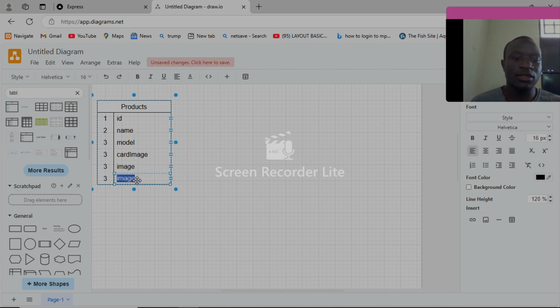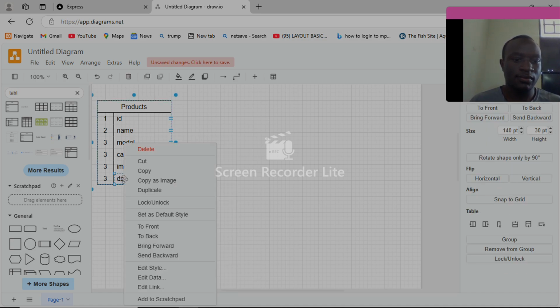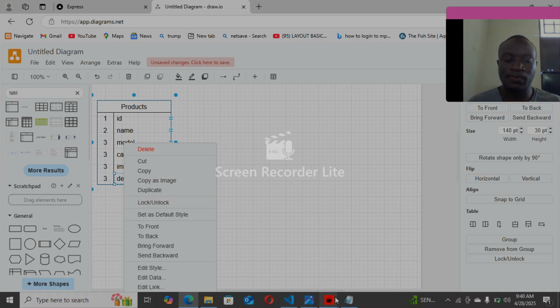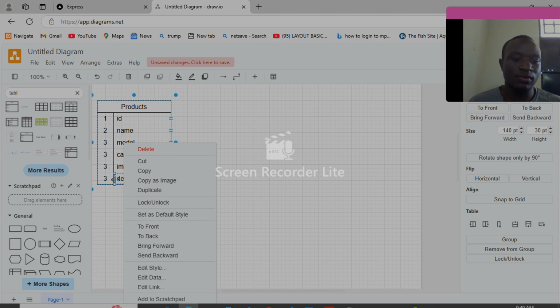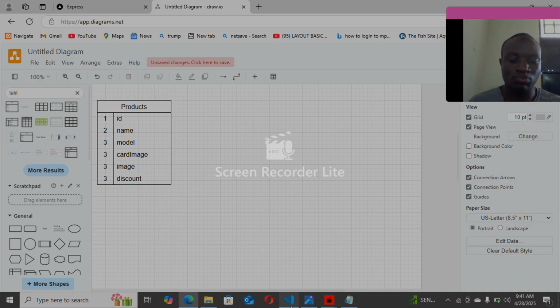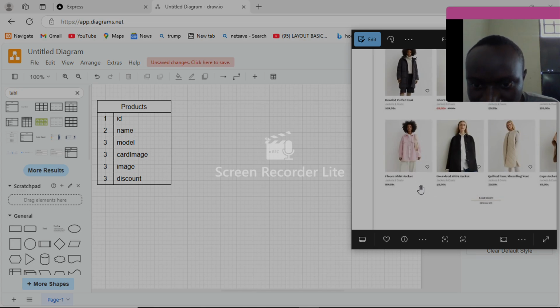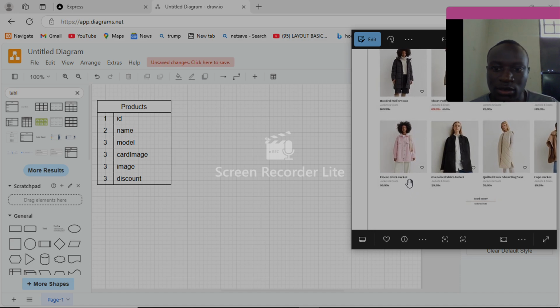And we have description, and we are also going to have discount, which means a product can be given a discount from our image. The discounts are shown somewhere there, so in terms of percentage, or there's a price or discount. Anyway, from there you can see the product name